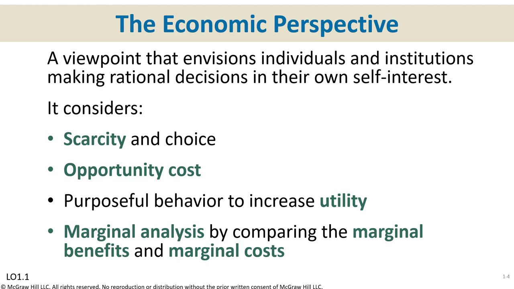Slide 4. From the economic perspective, and we are all the way on page 2 in your textbook, we have to understand and decide scarcity. You don't have unlimited time, you don't have unlimited financial resources, so you have to make decisions. What is the opportunity cost? Pretty simply, when you have something, you give something else up, that is your opportunity cost. The next best option is what you've given up.